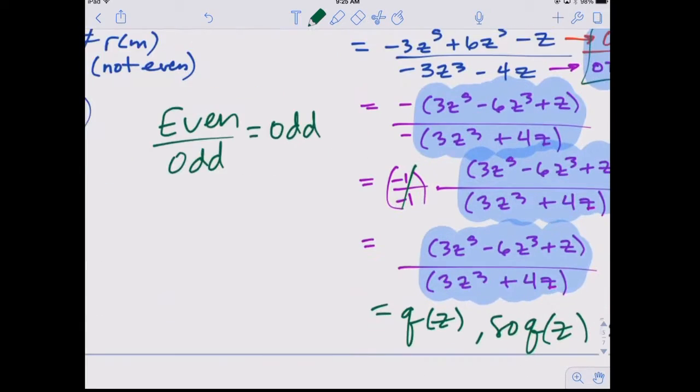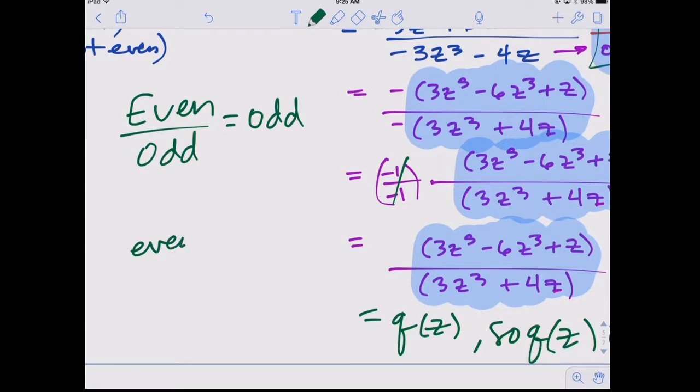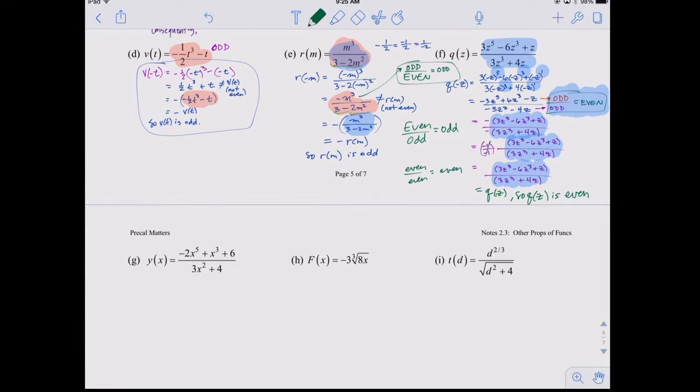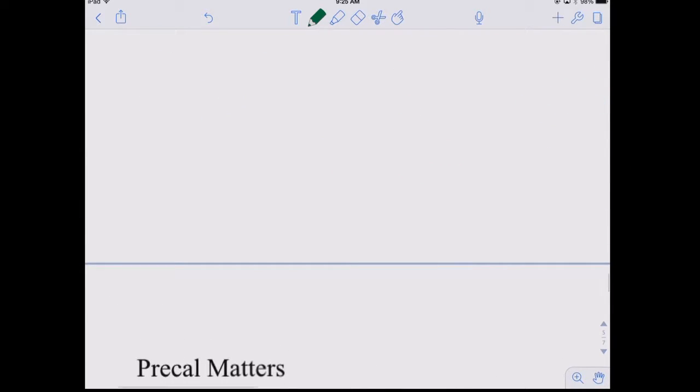What do you think an even over an even would be? You think an even over an even is an even function? Well, I think that you're probably going to be right. Yeah. You want to prove that? Let's prove that. I'll show you how to prove that an even over an even is an even function. Let h of x be even,